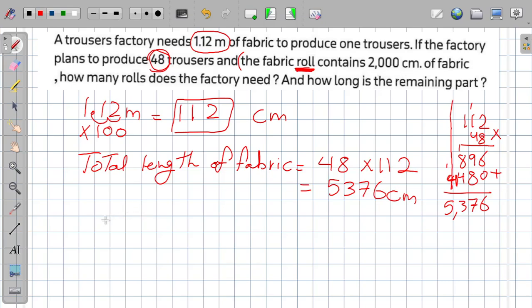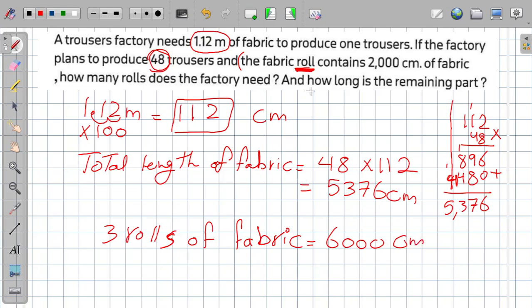Okay, so one roll contains 2,000 centimeters. So 2 rolls equals 4,000 centimeters, and 3 rolls equals 6,000 centimeters. So I want 5,376, and 3 rolls equals 6,000. So the number of fabric rolls equals 3 rolls of fabric. So the factory needs 3 rolls of fabric equals 6,000